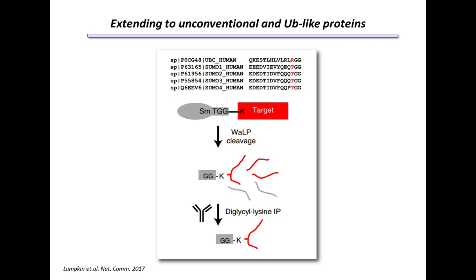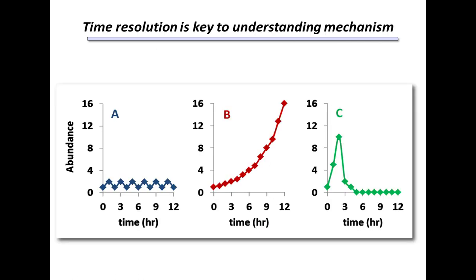We were quite impressed by some of the work that came recently from Betsy Komives and Eric Bennett down at UC San Diego, working closely with colleagues that are part of Cell Signaling Technology to take advantage of a protease that they discovered down at UCSD known as WALP. And what they found with WALP is that this protease cut adjacent to threonine residues and, in fact, could liberate a GG peptide from SUMOylated substrates, making those KGG peptides equally well amenable to KGG enrichment using the technologies that we've been thus far describing and talking about in the context of profiling ubiquitination.